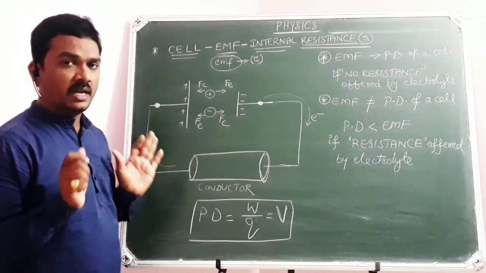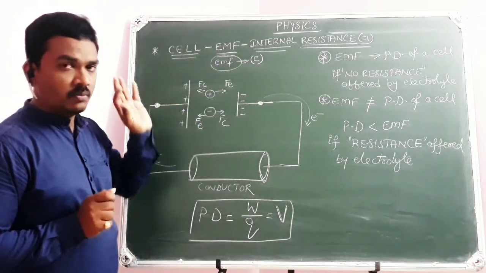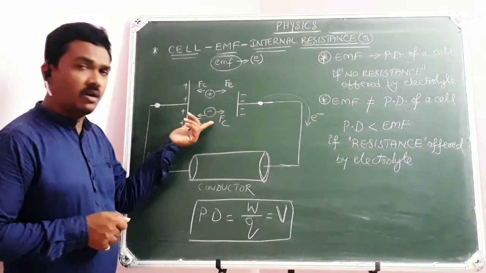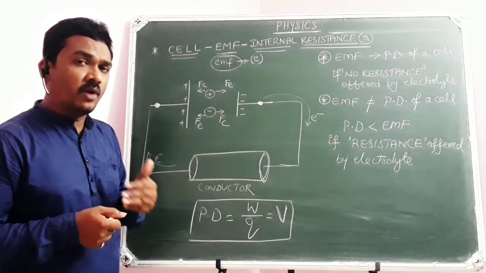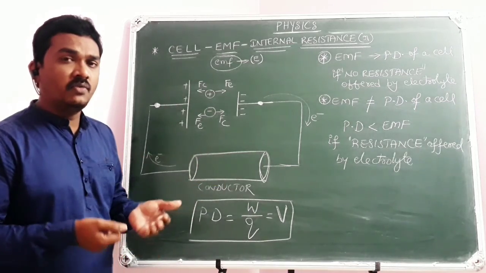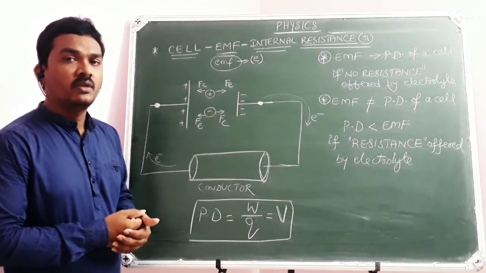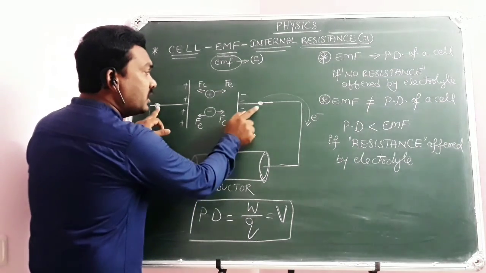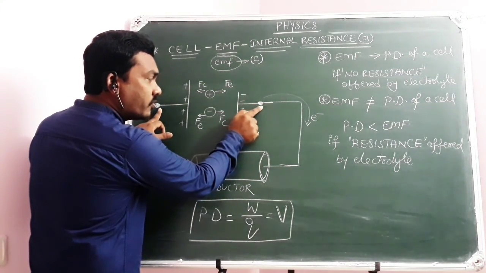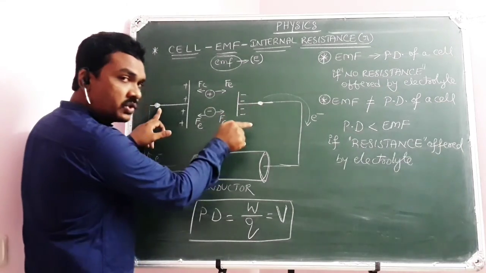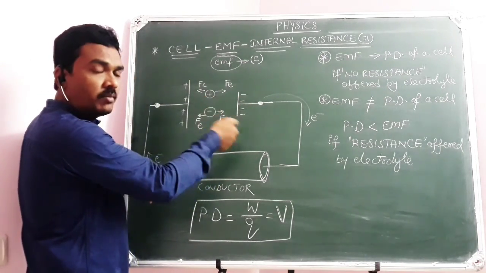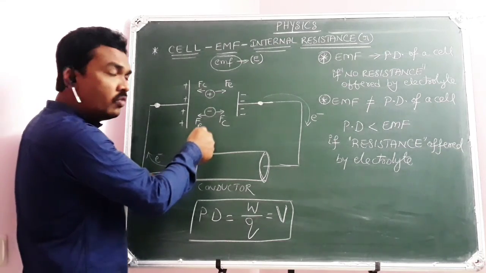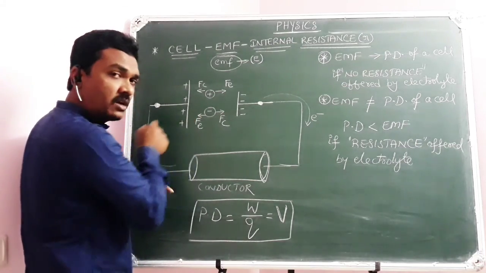So hope you got clarity on the definitions of EMF, potential difference and internal resistance. The resistance offered by the cell or battery for the flow of ions through the electrolyte is defined as internal resistance. So, very important point what we need to understand. The potential difference across the terminals of a cell will be equal to the EMF, the amount of work done per unit positive charge to move it between the two terminals of the cell or battery,